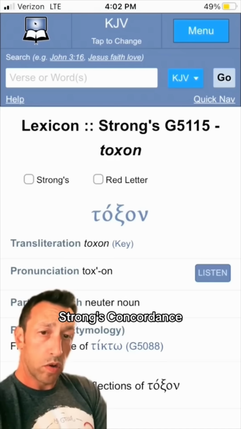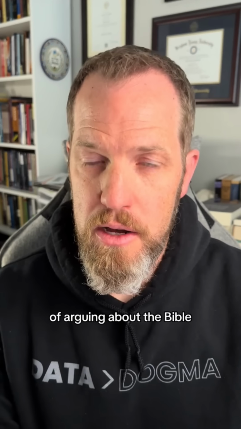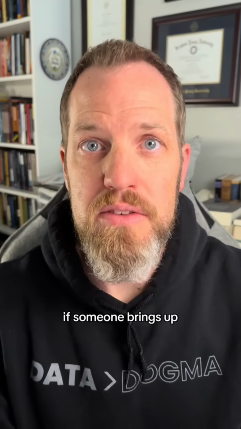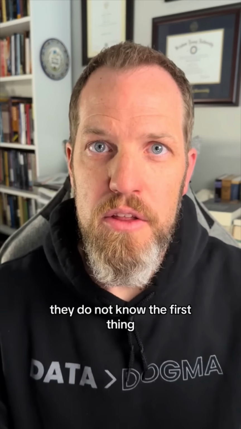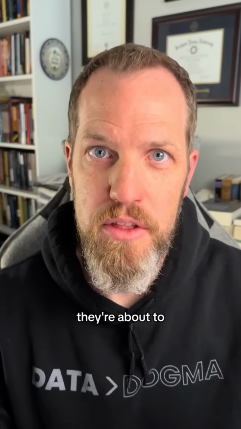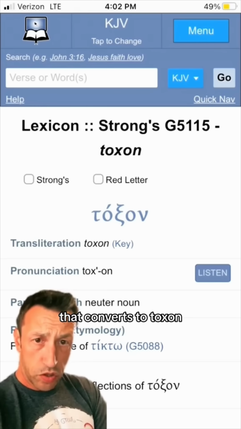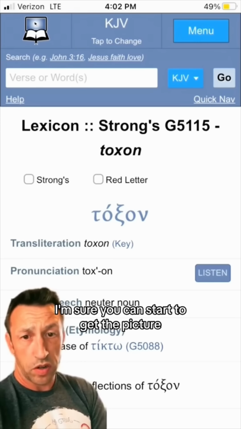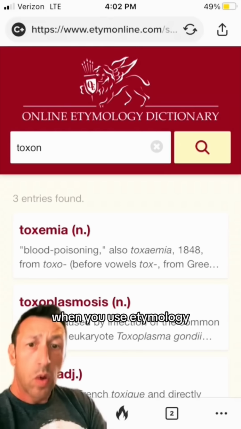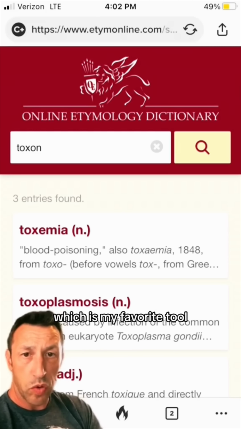In Strong's Concordance, I just want to remind y'all about my universal law of arguing about the Bible on the internet. If someone brings up Strong's Concordance, they do not know the first thing about the language they're about to pretend to know. That converts to toxin. I'm sure you can start to get the picture. When you use etymology or Etymology Online, which is my favorite tool, you get